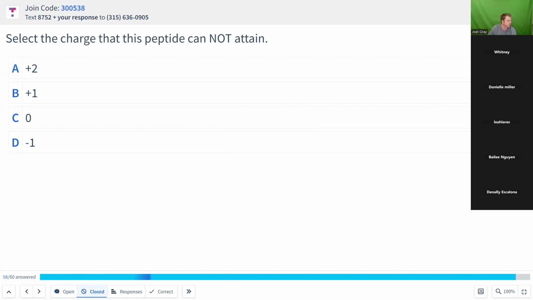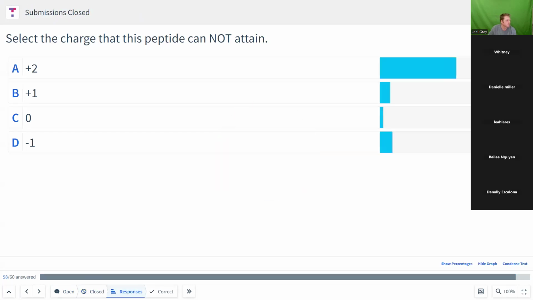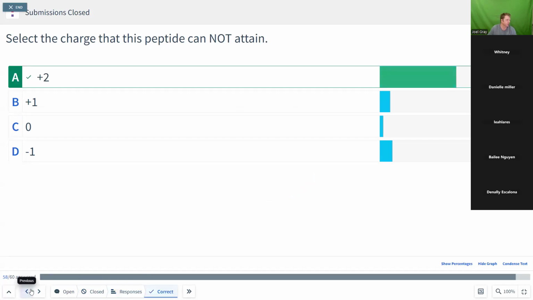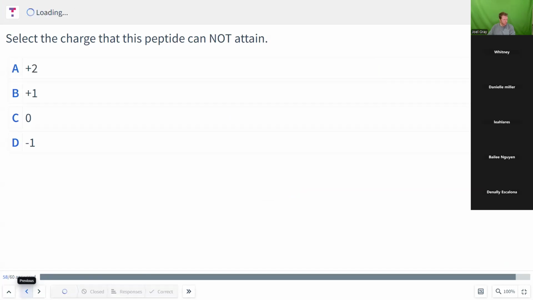Let's check out our responses for this question. It is closed. 43 people marked that this peptide could not attain a +2 charge, and that is the correct answer. So if we toggle back to this peptide,